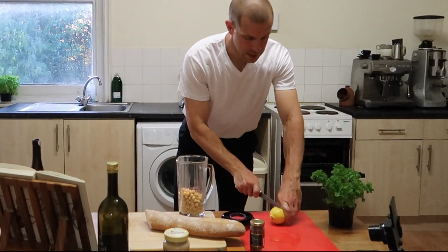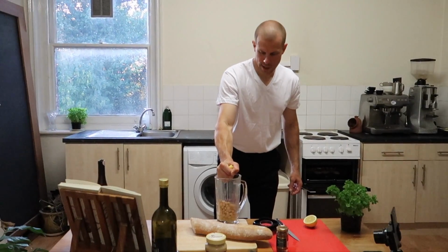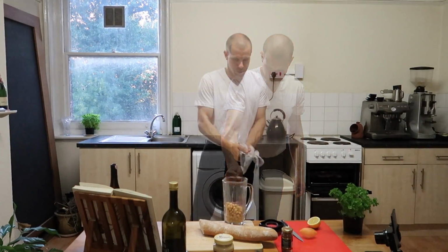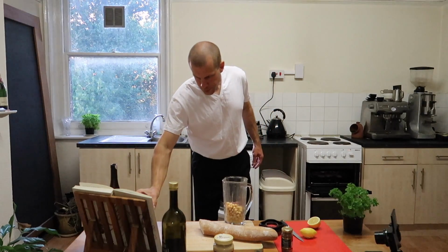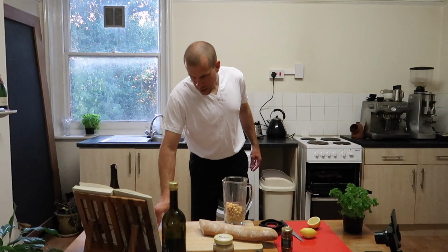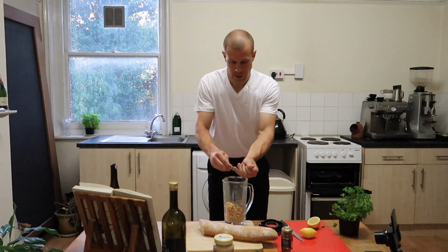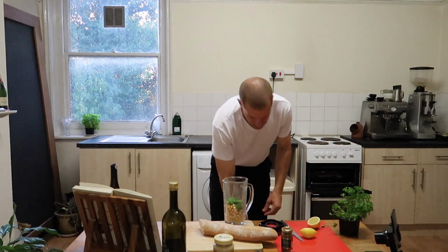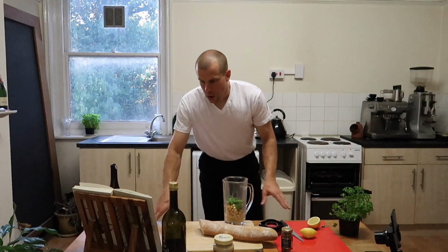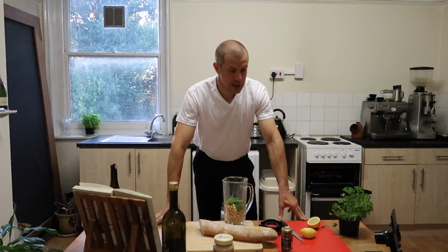Okay, now we need the juice of half a lemon. Go in there. Hand squeezed. Okay, next a handful of parsley. It's a pretty big handful. It says chopped, going for torn. Okay. Half a teaspoon of freshly ground black pepper and a tablespoon of tahini, and then